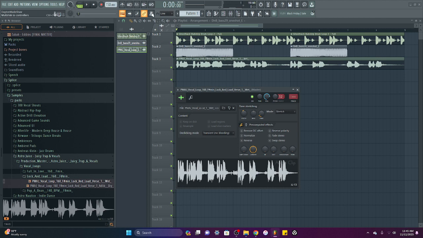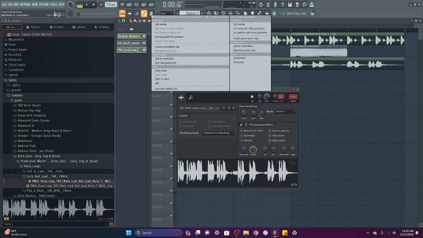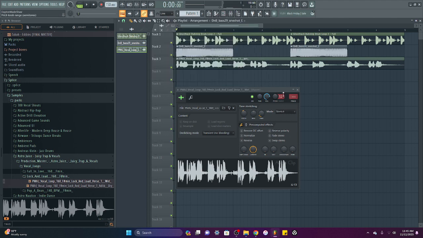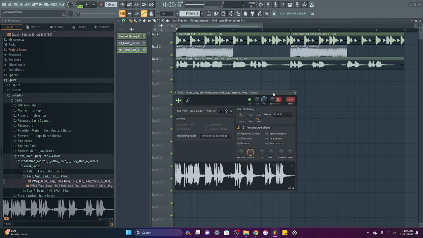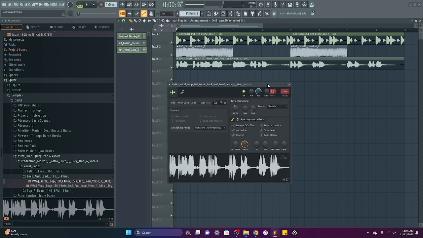Basically, this button is a multi-link to controllers. So you can right click it and it gives you these options: create automation clip, init song with this position, link to controller. On FL stock plugins and software, anything that came with FL, you can right click any control, any parameter, and